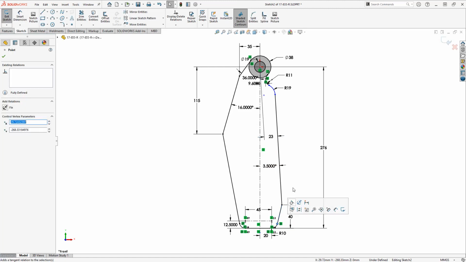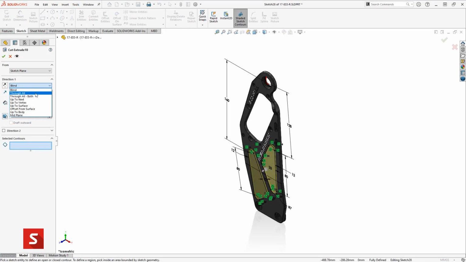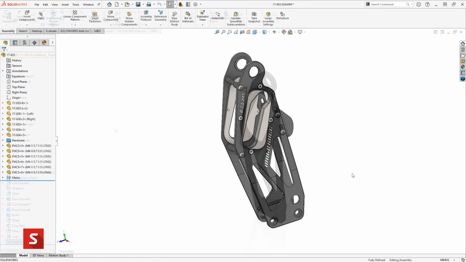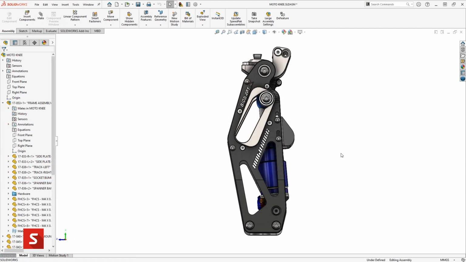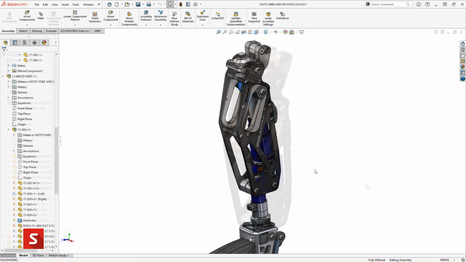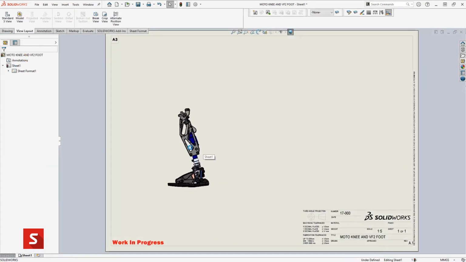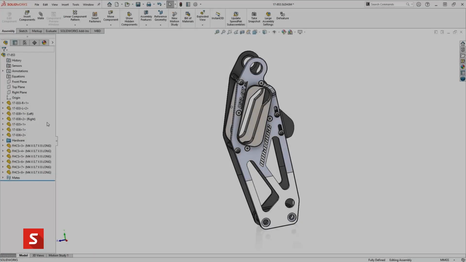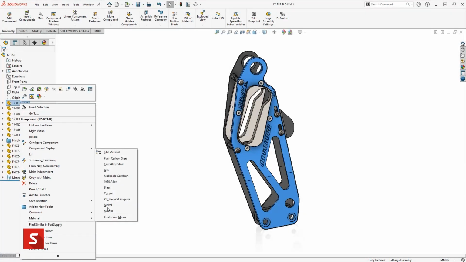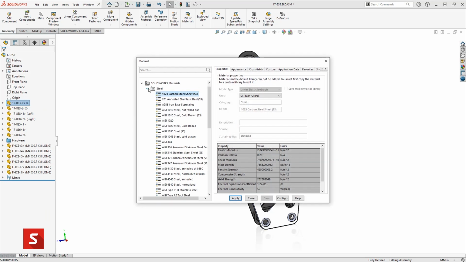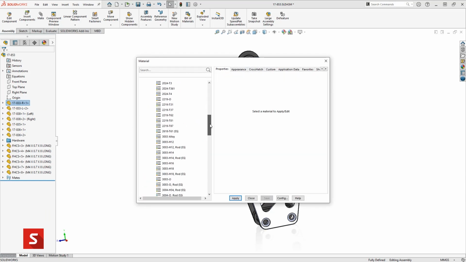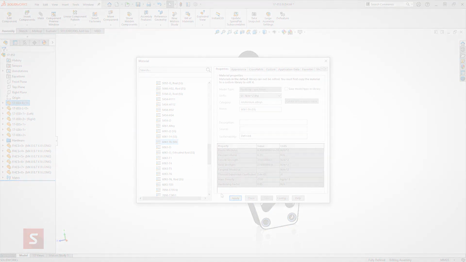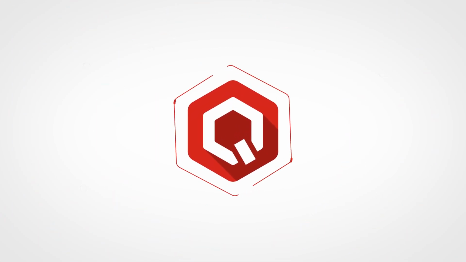SolidWorks is an amazing tool that helps you to realize your ideas and take them from a concept through every design phase, fleshing out all the details and efficiently preparing them for manufacture. As exciting as that is though, the journey from concept through to a finished product will almost always involve some manual or tedious steps. And that's where SolidQ comes in.